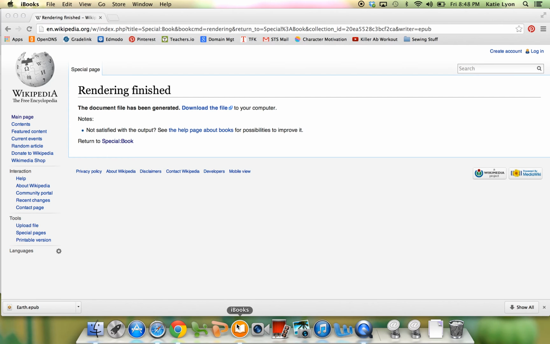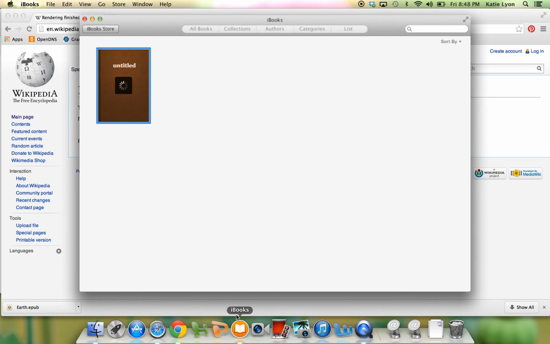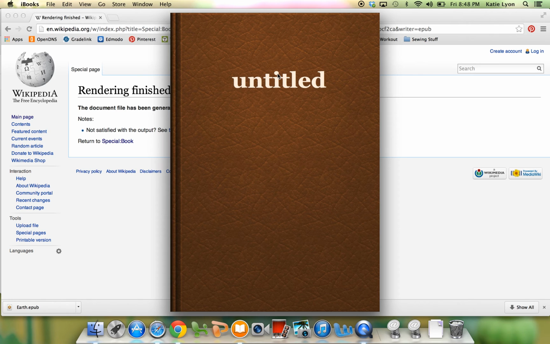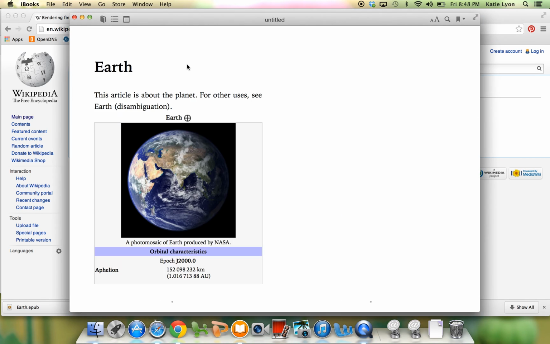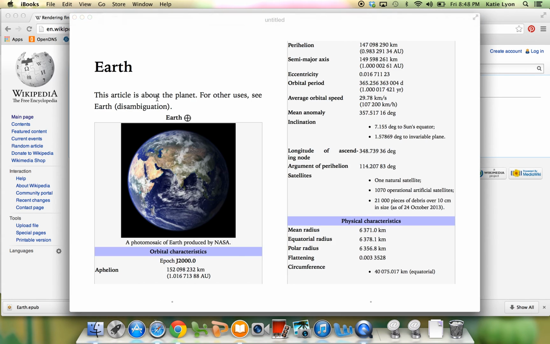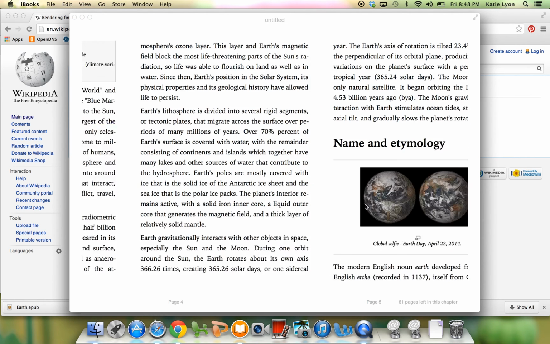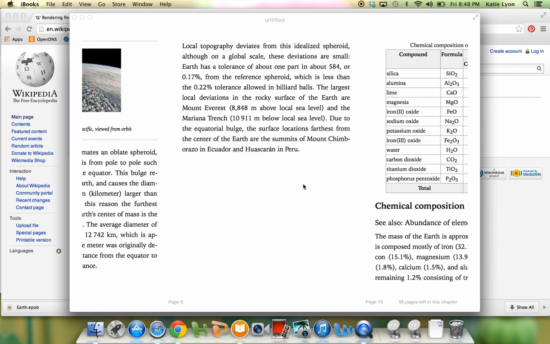So I'm going to open it up. Because I have iBooks on my computer, it will open it up. I'm not quite sure why that's untitled because I did title it as planets, but you know, that's okay. So you can see that I have 64 pages left,